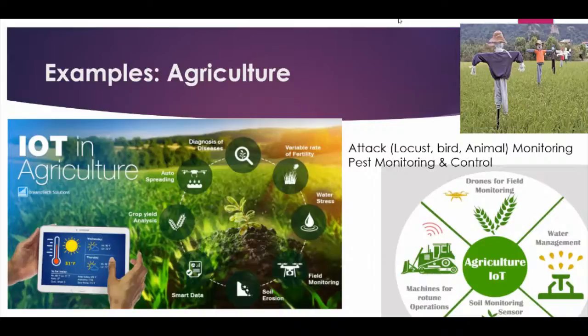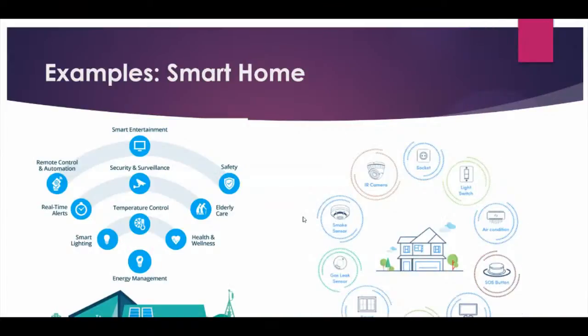Then they can play a huge amount of siren or loud volume sound so that all these can run away. Coming to the smart home examples, every one of us is using smart lights, and maybe the Alexa or the Google Mini. These are very important and very useful devices people are using these days. Then in the concept of smart home, we have security and surveillance. Most of you must be having these cameras installed. Then the temperature control everywhere. These days, air conditioners are also coming that can adjust the temperature with respect to the environment temperature.